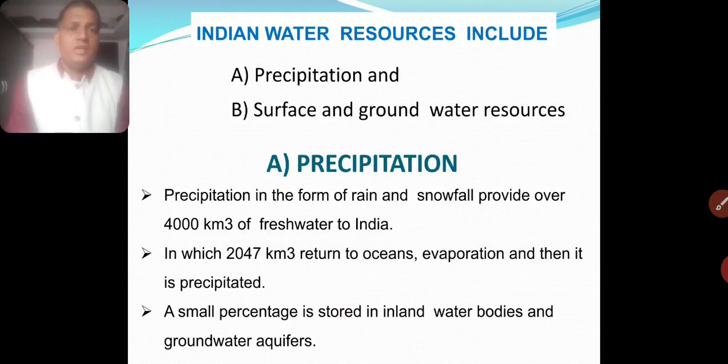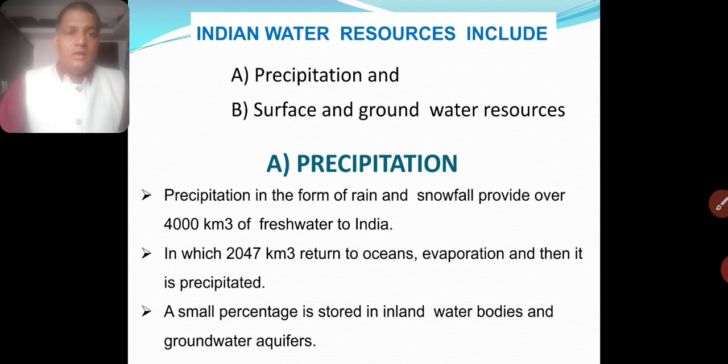And we have the resources in two forms. One is precipitation, and secondly we are getting water through surface and groundwater resources. I will not explain exactly what precipitation is. We receive near about 4,000 cubic kilometers of fresh water in India, in the form of rain and snowfall, in which